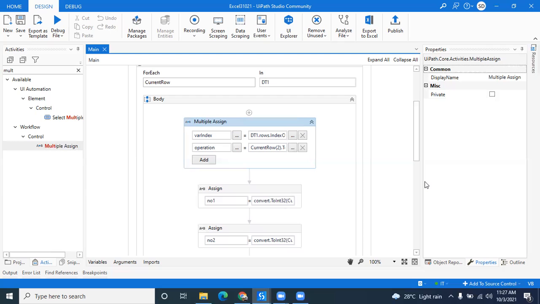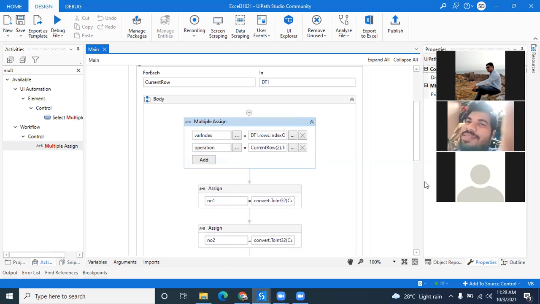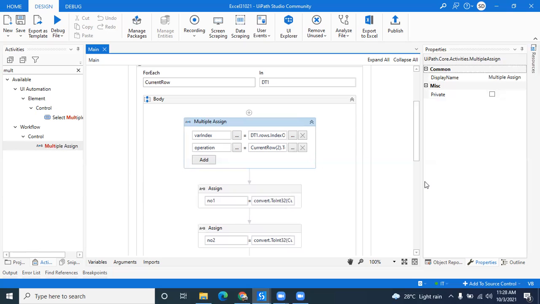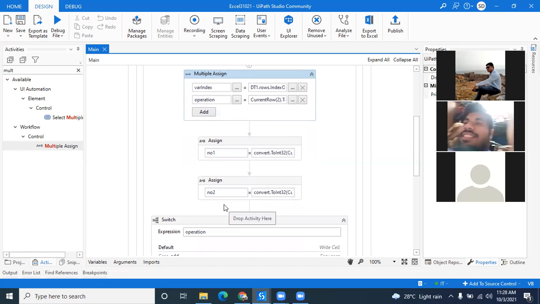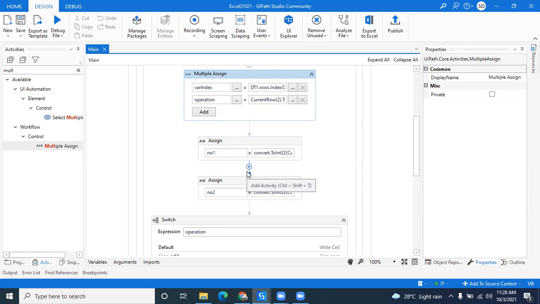Sir, I had this doubt: how do we decide the sequence of the assigns you have made? Sequence doesn't matter. When does sequence matter? If you are doing an operation, addition, let's say you are doing a sum, then you can't declare the assign before number 1 and number 2. If you declare it, then there will not be an addition operation. But generally, if there is no relation between one variable and another, then you can just put multiple assign, or you can take any random assign activity. There is no relation.